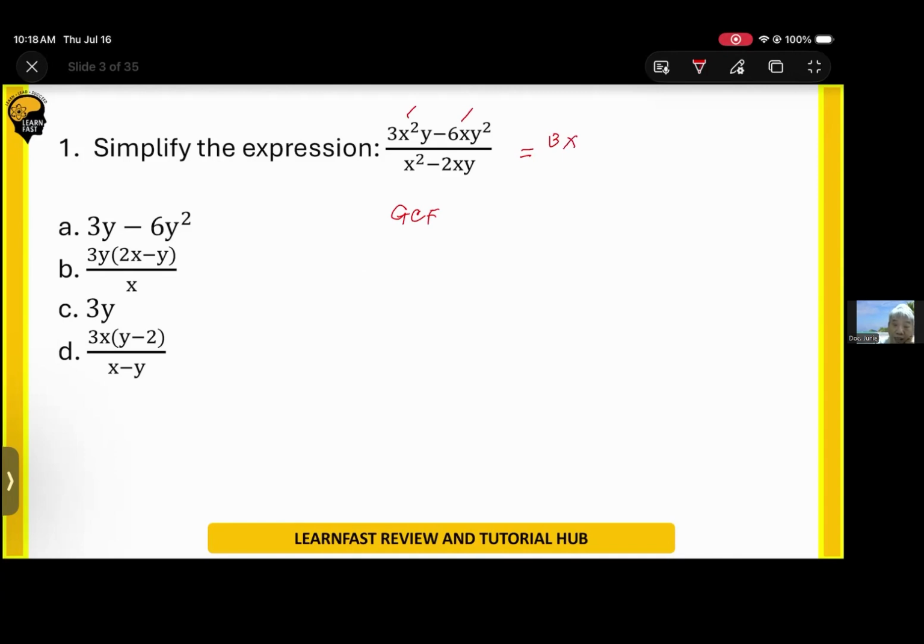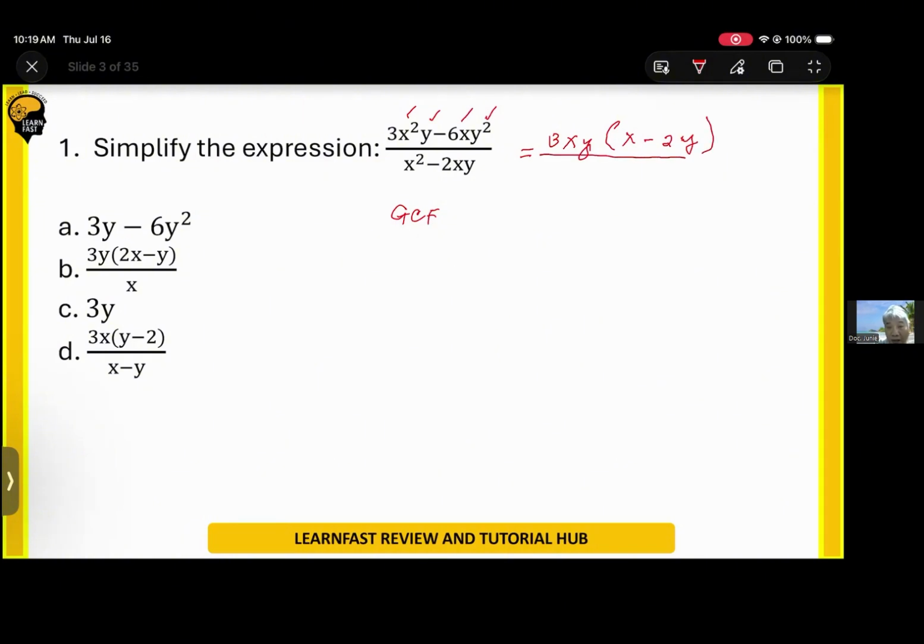And finally, the greatest common factor between y and y squared is y. So we pulled out 3xy. Therefore, open parenthesis, you have now x, and for the second term, minus 2y, then close parenthesis, divided by